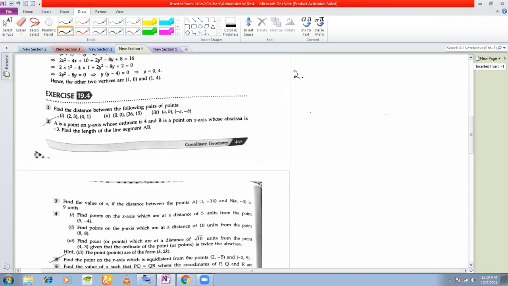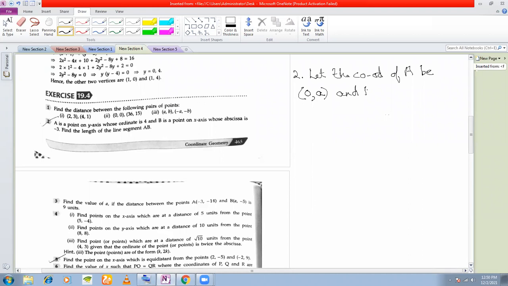Okay, now see, if A is a point on the y-axis, what can we take the coordinates of A as? Let anyone tell me. If A is a point on the y-axis, what can be the coordinate of A? If you remember, when we were plotting, I told you any point on the y-axis will have the x coordinate 0, right? And you can take the y coordinate to be a.